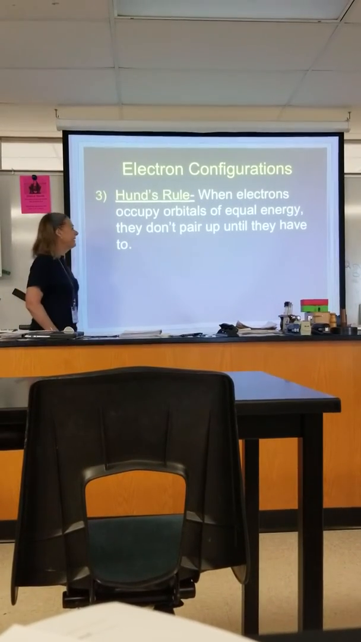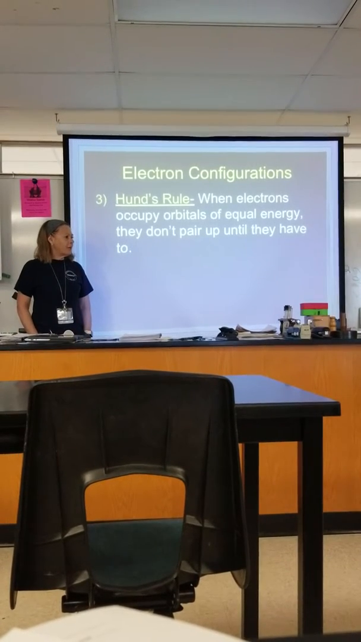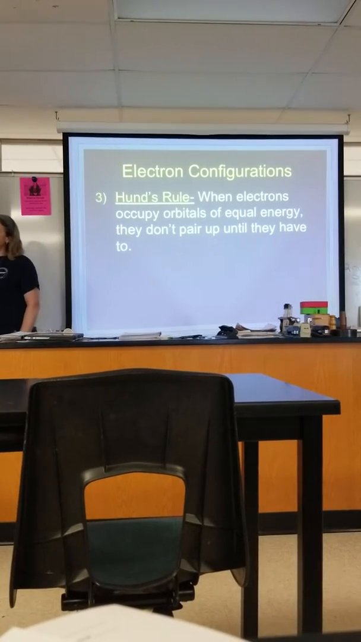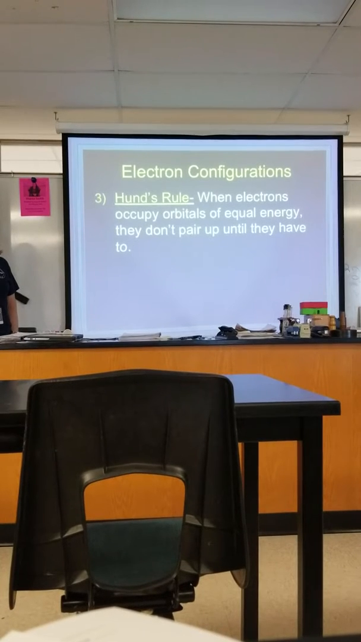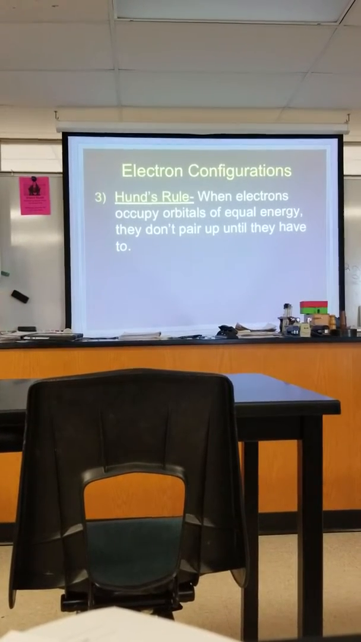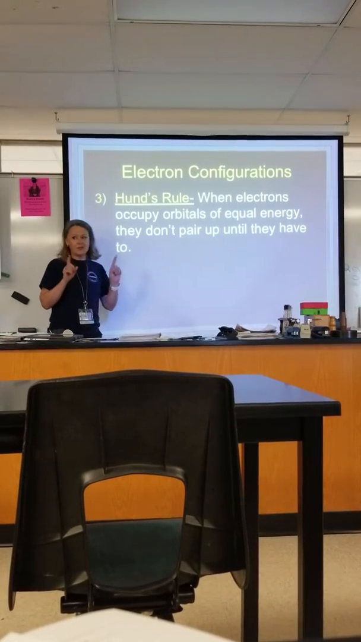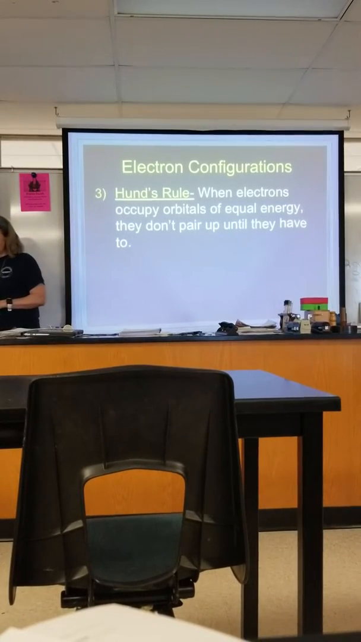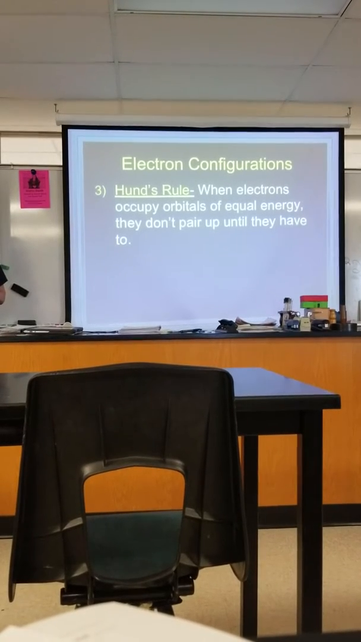Hund's rule. As a quick recap, we talked about the Aufbau principle. We fill from the lowest energy level first. We talked about the Pauli exclusion principle: a maximum of 2 electrons per orbital, and those 2 electrons have to have opposite spins. And now we're going to talk about our third rule, Hund's rule, that says electrons don't double up until they